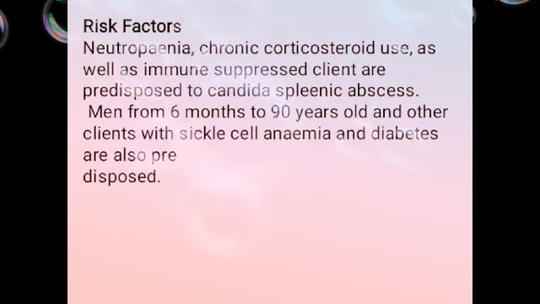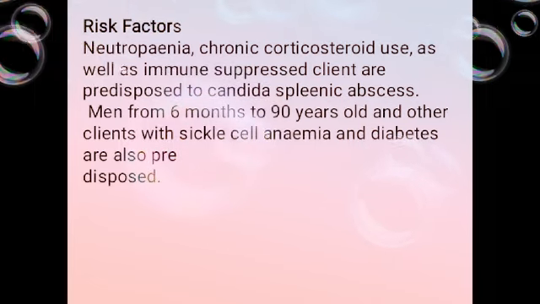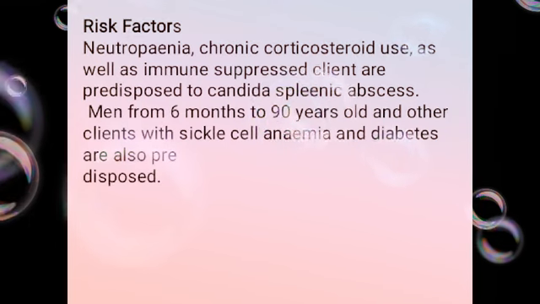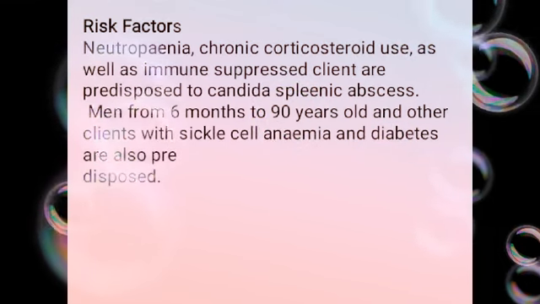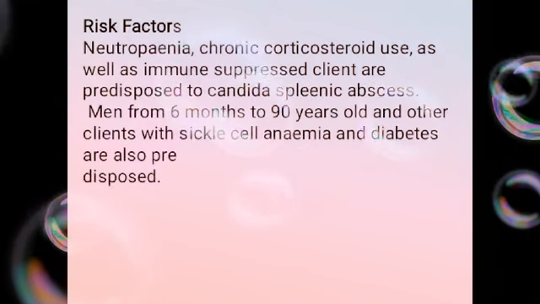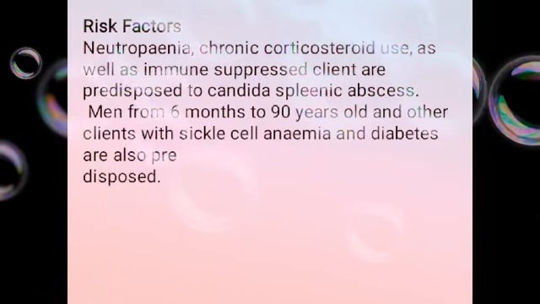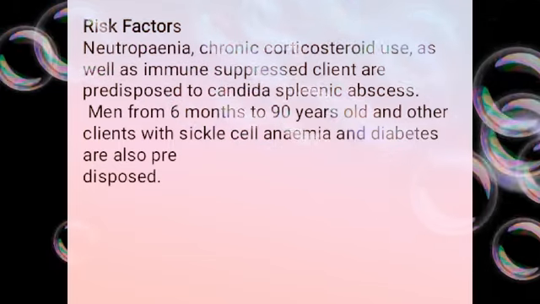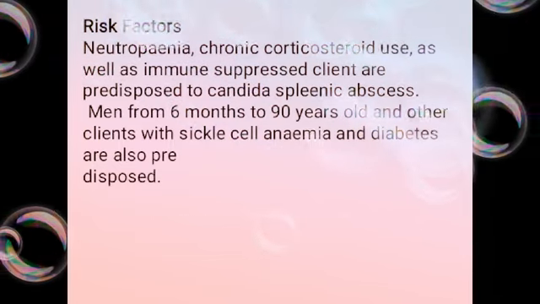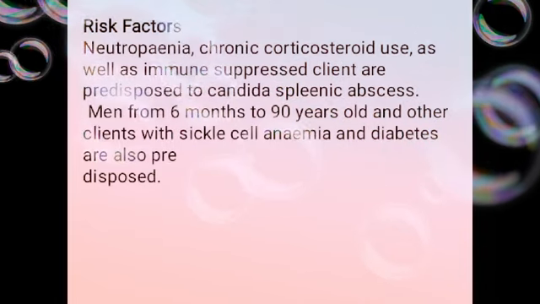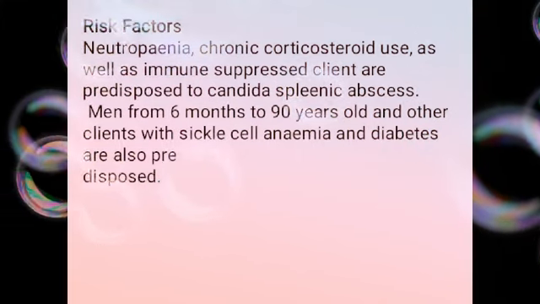Neutrophils are the granulocyte type of white blood cells that are essential in phagocytosis. So in this case, neutropenia, we are just talking about the reduced amount of these neutrophils. When they are reduced in amount, it means that the immune cells are going to be impaired or reduced, which suppresses the immune system and exposes the person to the likelihood of developing an abscess